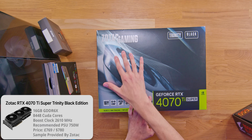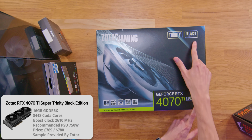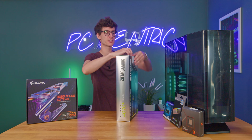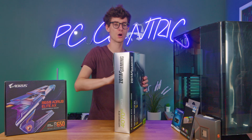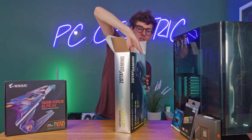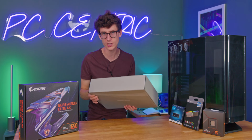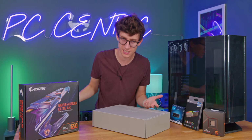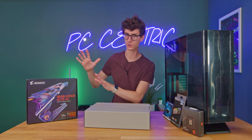The one that we've got on our desk is from Zotac. It is the 4070 Ti Super, this one being the Trinity Black Edition. And the 4070 Ti Super, I've said it before, I'll say it again, is pretty much my favorite card of this particular NVIDIA generation, purely because it does offer a lot of flexibility. If you want the best value, obviously something more like a 4060 is going to give you that. But if you are prepared to spend a little bit more, but you don't want to go to like 4080 Super, 4090 level,